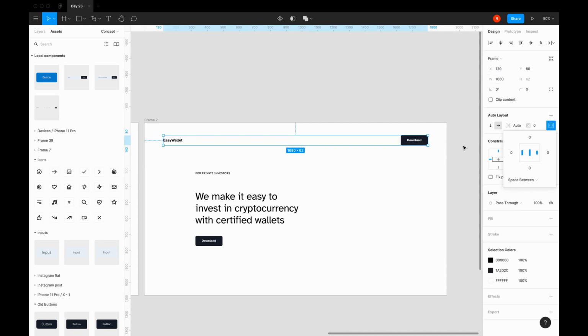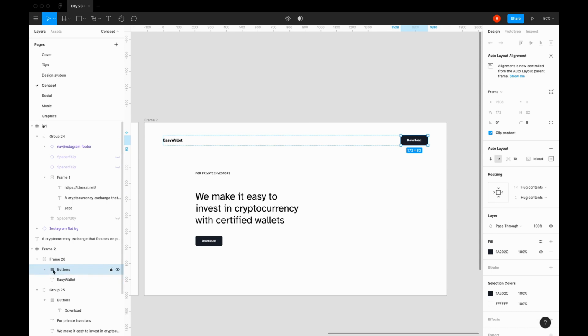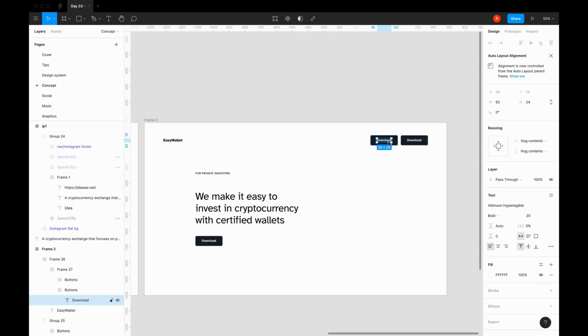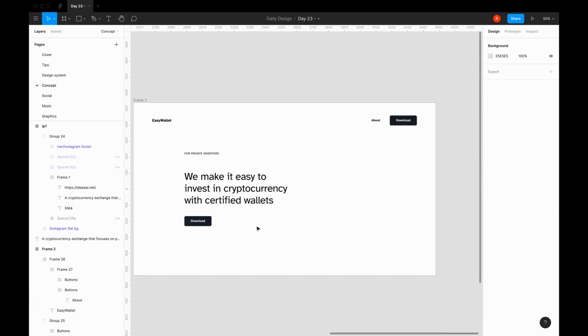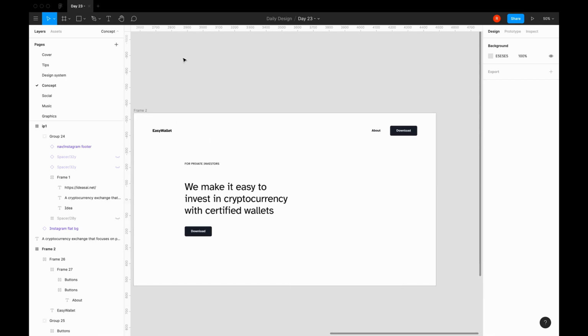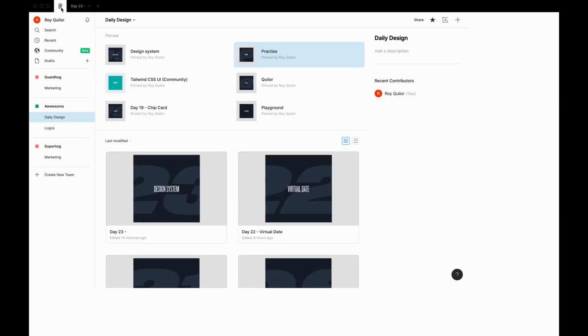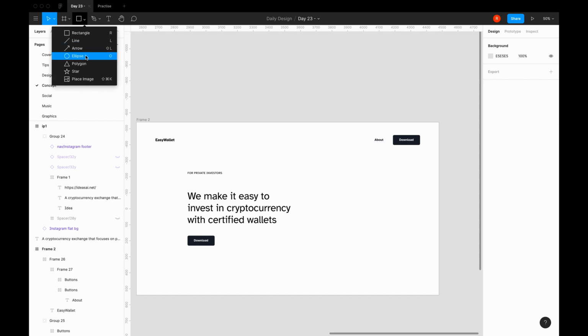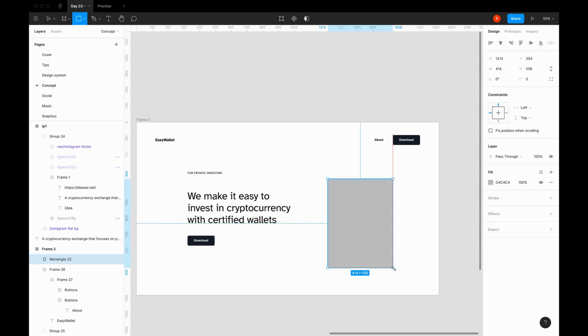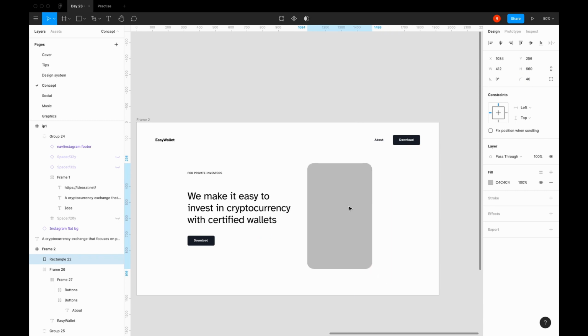And what I did there, I'm starting to use auto layout quite a lot, which is really nice because there's an option in there where you can do space between items. But anyway, we are then going into a slowed down version of creating the card. If you like these glass card effects, I've made the width 412 by 660 with a border radius of 40 pixels, and this was a really good